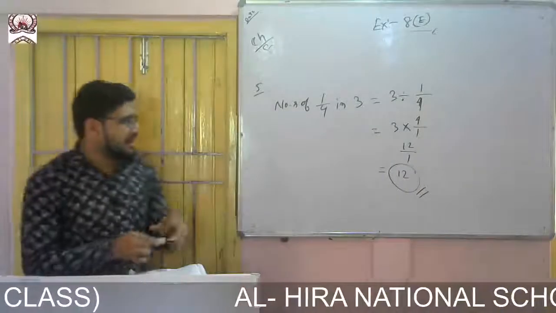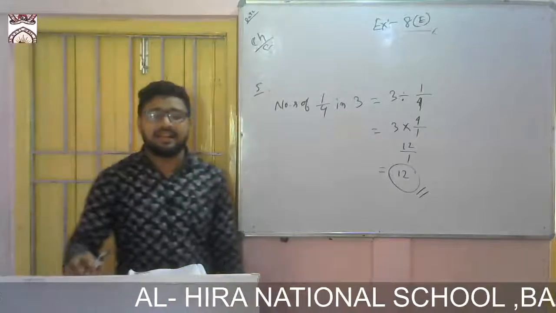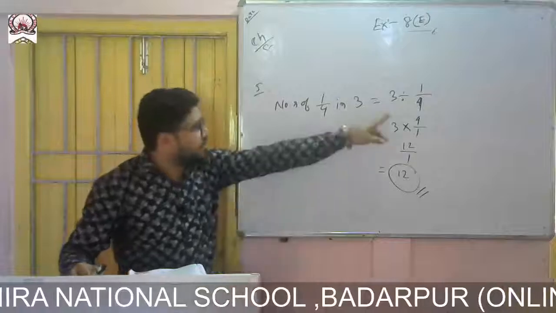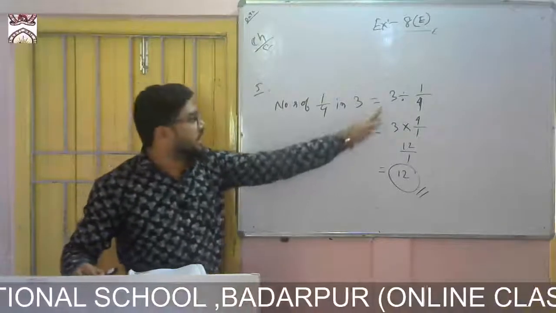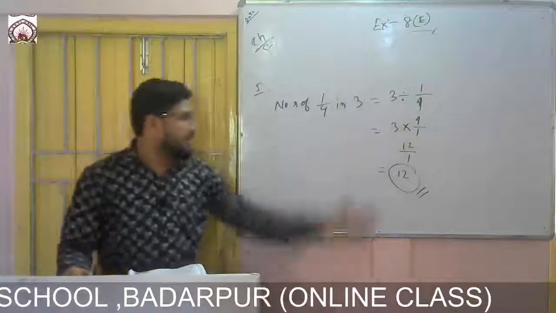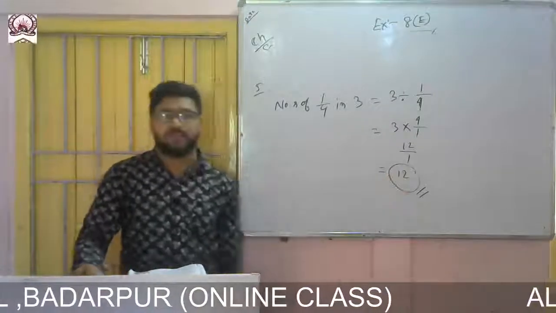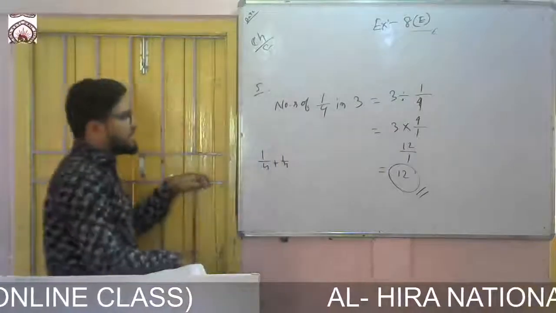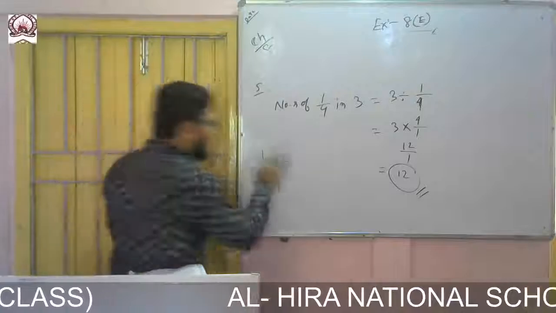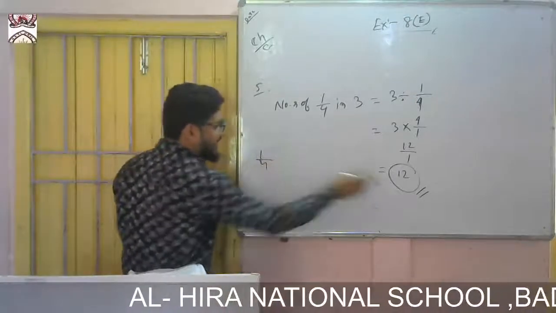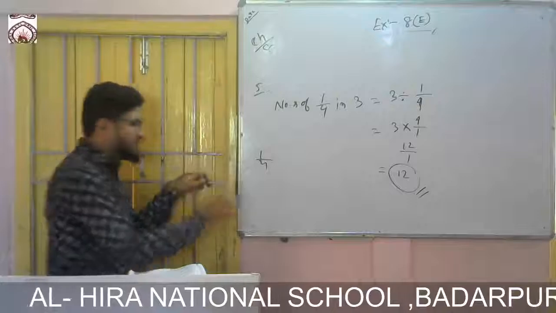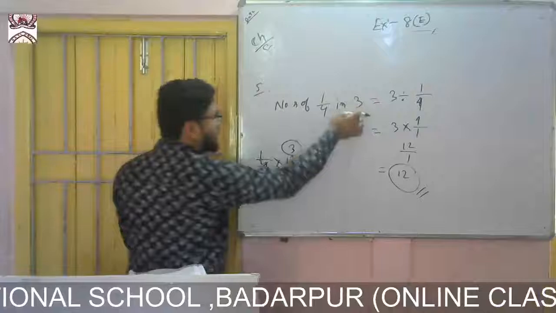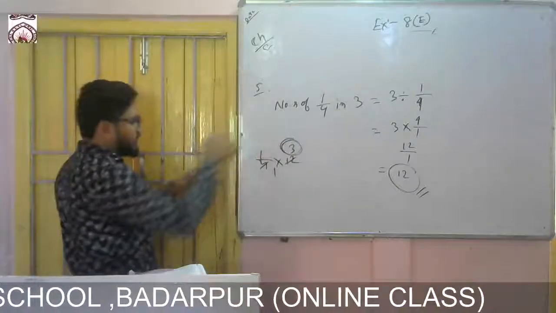Understood? As I said earlier, if I ask how many 2s are there in 10, I divide 10 by 2 and I'll get it. So how many 1/4 are there in 3? If I divide 3 by 1/4, then I'll get the result: 12. That means if you add 1/4 twelve times, we'll get 3. Or you can check like this: 1/4 twelve times, that is 1/4 into 12. 4 1s are 4, 4 3s are 12. That is 3 coming or not? You see, the answer 3 is coming. Okay, so it is correct.